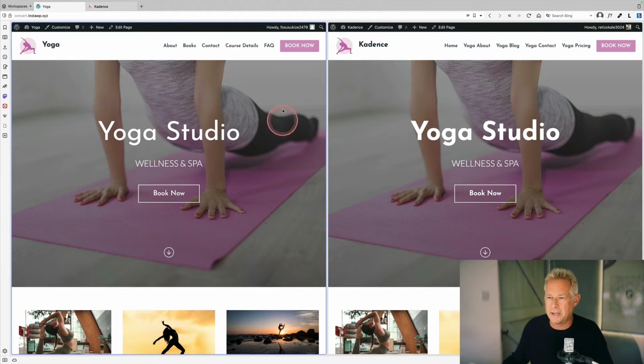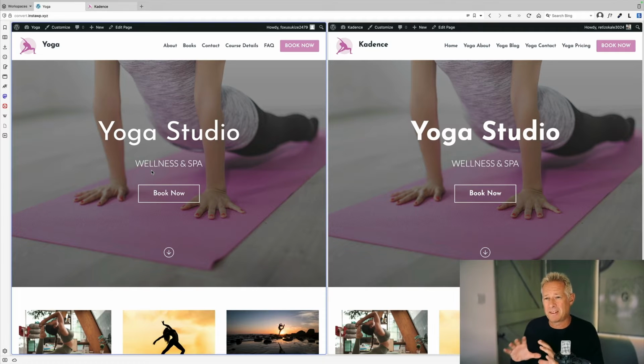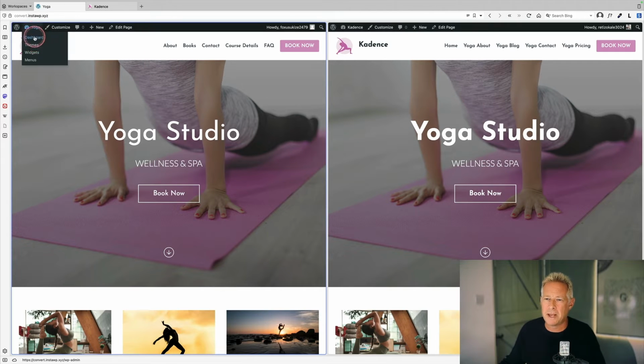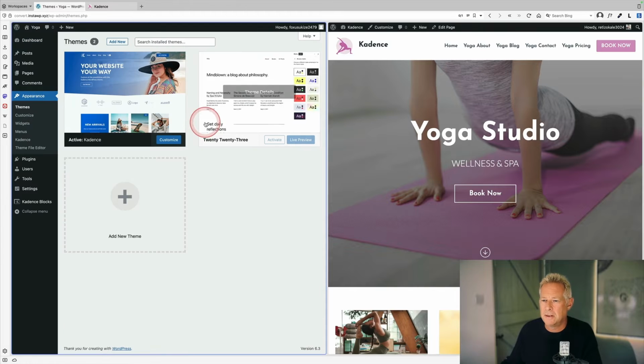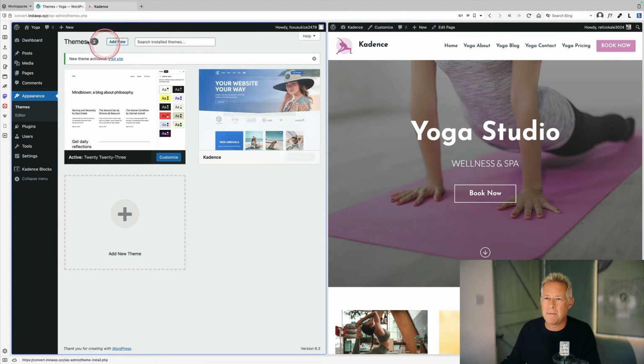So on the left, I have a Cadence theme, and on the right, I also have a Cadence theme, but I'm going to change the site on the left to be using the 2023 theme, and I'm going to show you what happens. I'm going to start by fixing the structure, because you'll see the formatting will change when we move to a block theme. And then I want to talk about design. But at the end, I want to have a site that looks fairly similar to the site over on the right. So let's go and change our theme straight away to the 2023 theme,